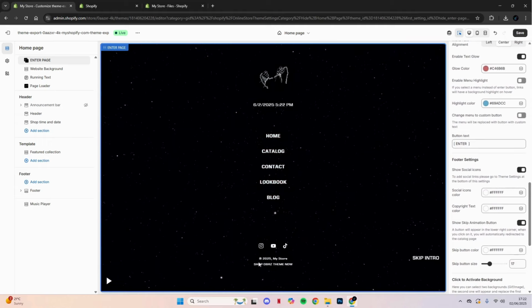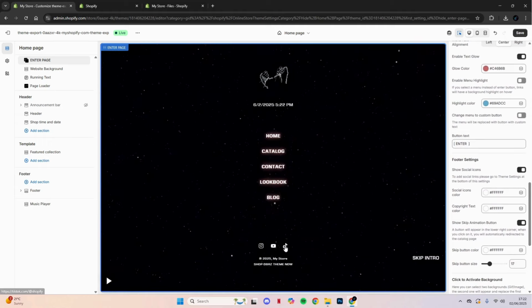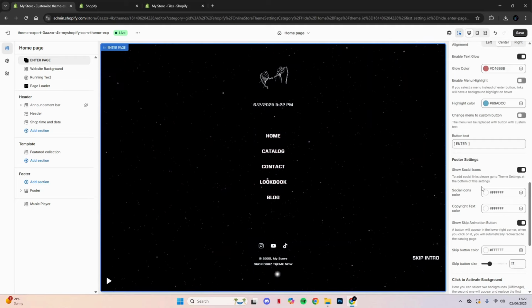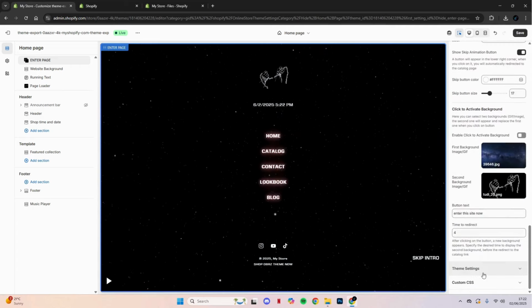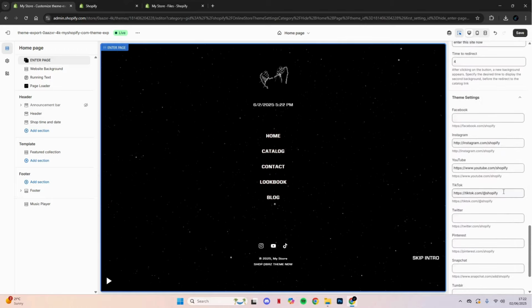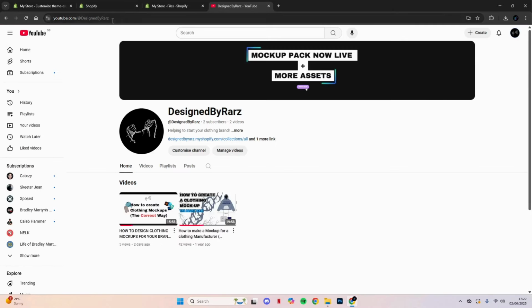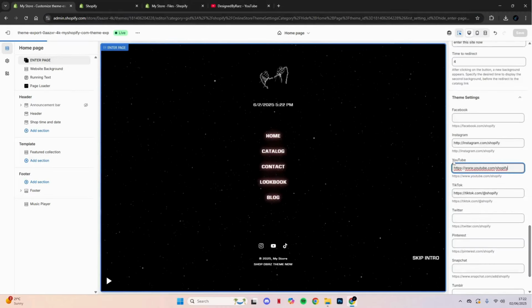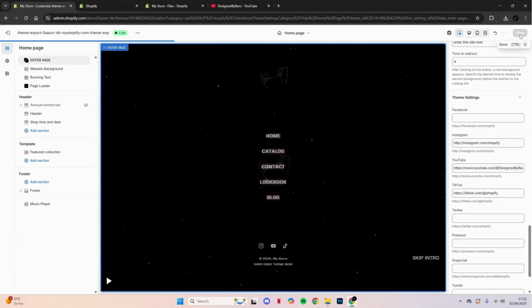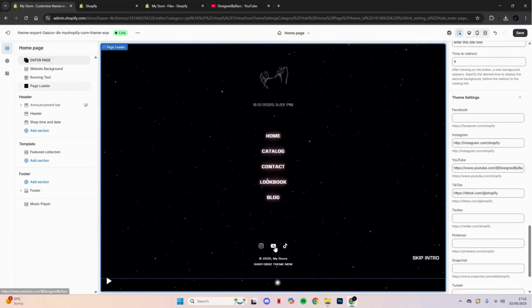Now looking at the footer, we have a couple of items here to look at. We have the social icons which emboss when you touch them, and you can change the color of these, and below in the theme settings you are able to then add your own links in. So let's go to our YouTube currently where you are viewing this video. Go over there, press save, and then when you press on that,